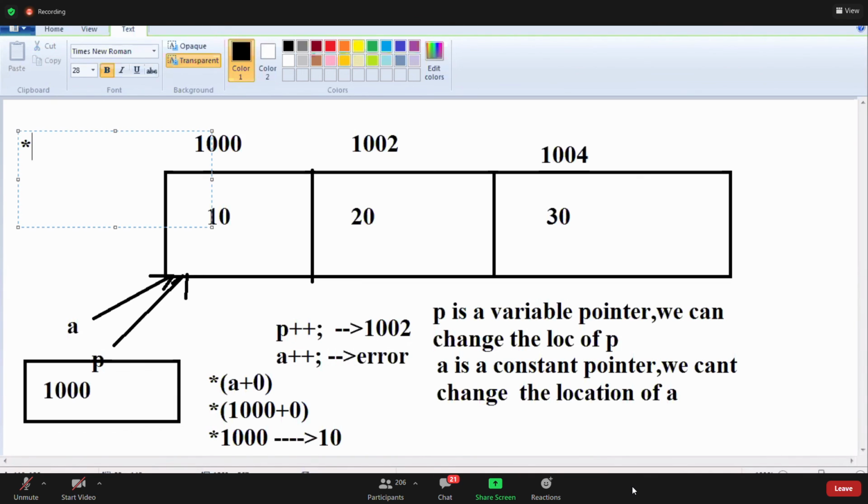You can write this value, star a plus 1. Star a means 1000, plus 1 distance we have to move. That is star 1002. That value is 20. Star a plus 2. Write those values also, guys.